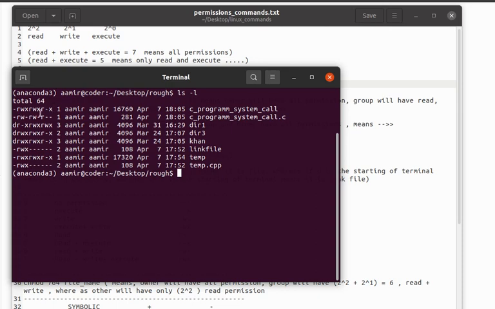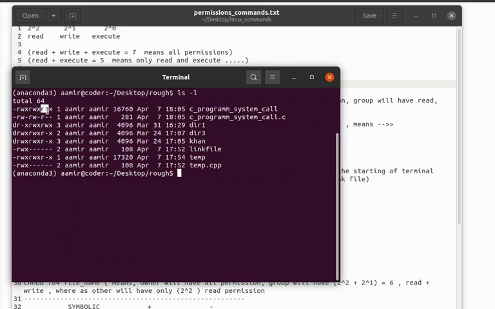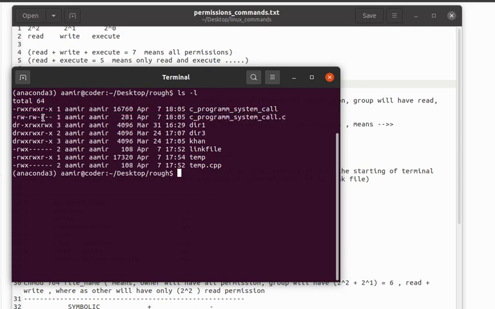I will again tell you that this is read, write, and execute. This portion is for the owner, this portion is for the group, and this portion is for others. At the moment I am the owner, so I have permission on this file as read, write, and execute, and on this file I have permission of read and write. This is for the group, but I have created no groups at the moment, and I have no other users. I am using Ubuntu only for myself.